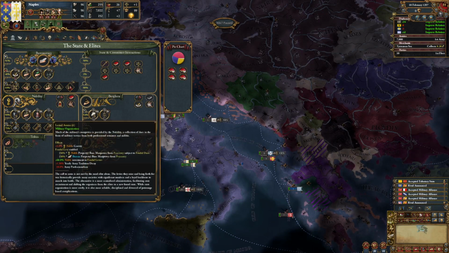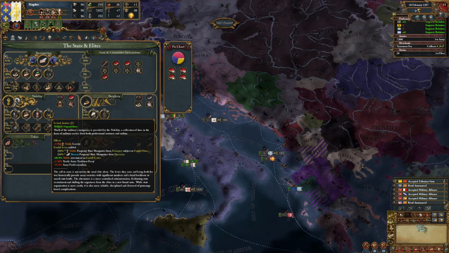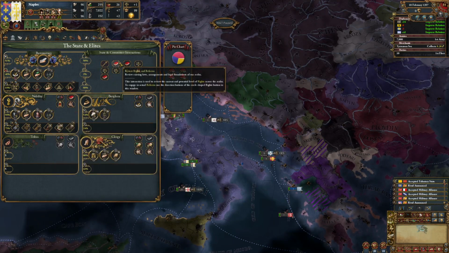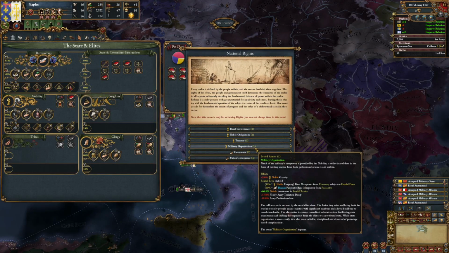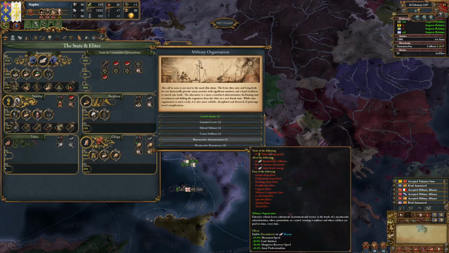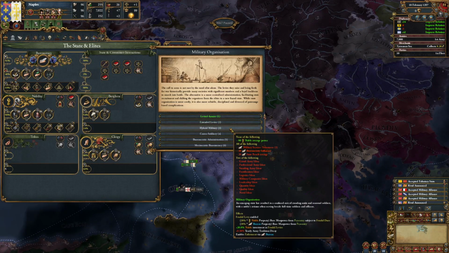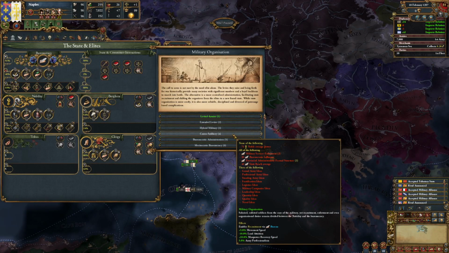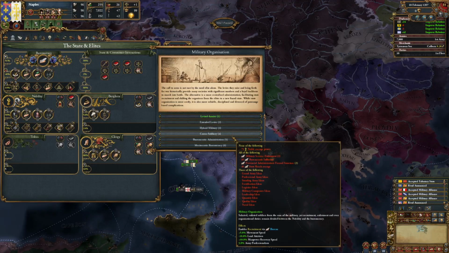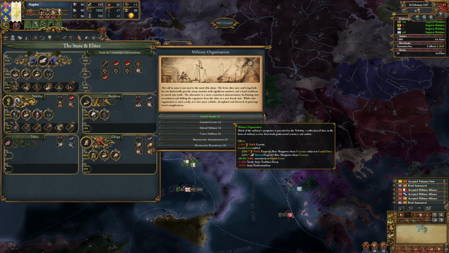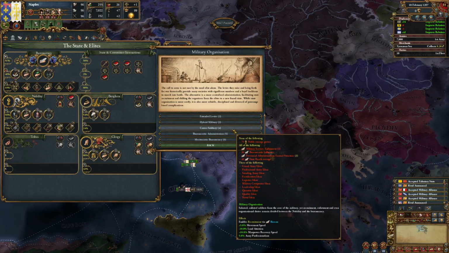Another one I want to show here is the military organization. We are currently fully feudal by having levied armies, but if we check here in the rights and reforms, similar to when we did that with the clergy, we can see here the military organization has a lot of levels. We will be able to move from levied armies towards a career soldiery, for example, which will lead to bureaucratic conscription, or rather debuff the nobility, make them weaker because they no longer play a role in the military.